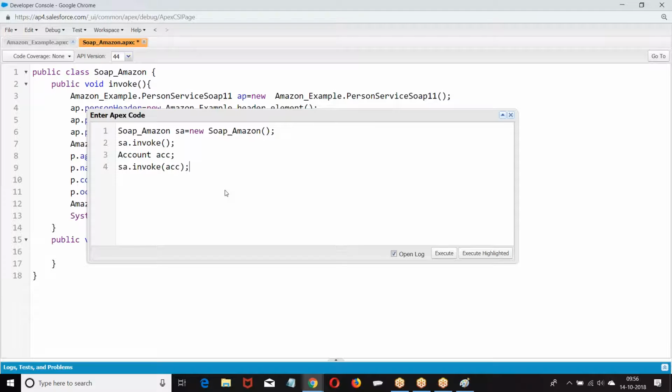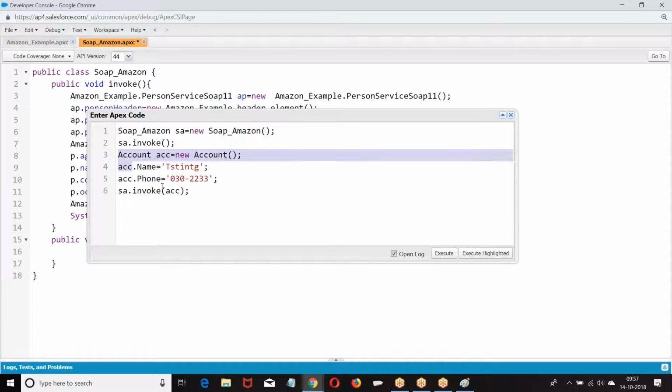Null. If you don't assign any value, it's empty. Then I will say acc.name and then pass it. This is how we are supposed to pass acc.